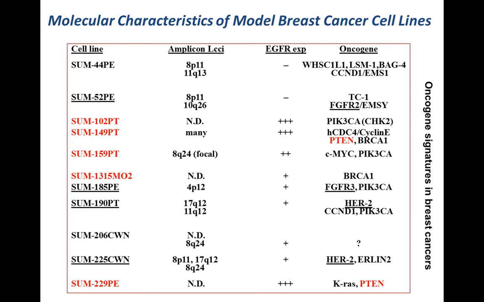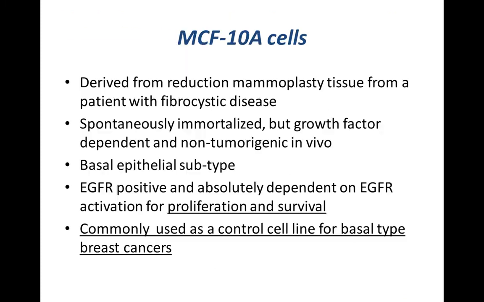And one of the things I just want you to focus on, because this is going to come up in the talk, is that this gene here, PTEN, is an important player in the story, not because of its presence, but because of its absence. So PTEN is one of those genes that becomes really important in cancer development when it goes away as a result of some genetic alteration. So if these cells are PTEN negative, and again, as you'll see, we think this is a very important aspect of their biology and why they're aggressive and why they're drug resistant.